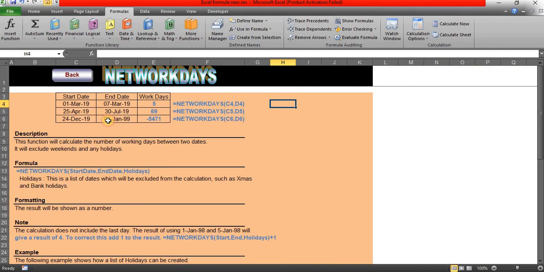Net working days. Using this function, you will calculate the number of working days between the 2 dates. NETWORKDAYS of. The NETWORKDAYS.INTL is very different. Here you need to select the start date first, comma, end date. Then if there are any holidays, you can mention them, or else just leave it. Here is the result. 5 work days are there. How many net working days are there? This will exclude Saturday and Sunday.